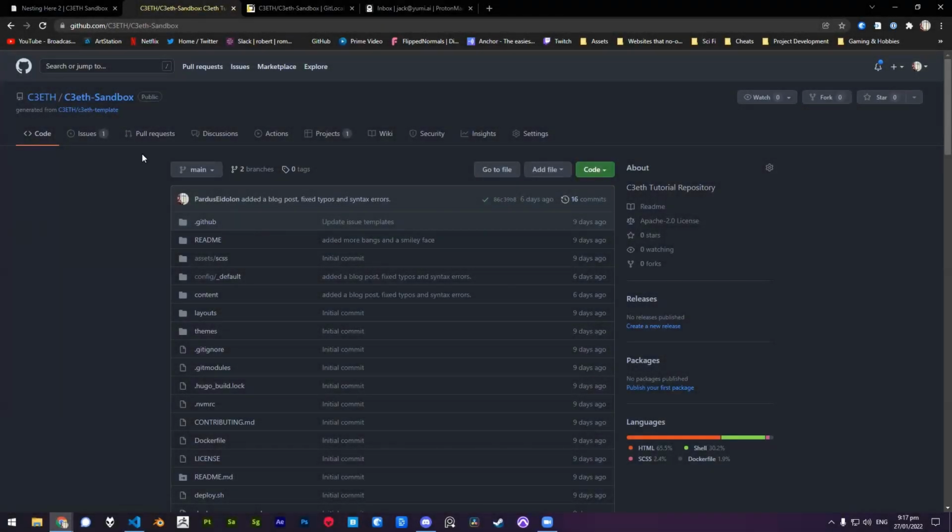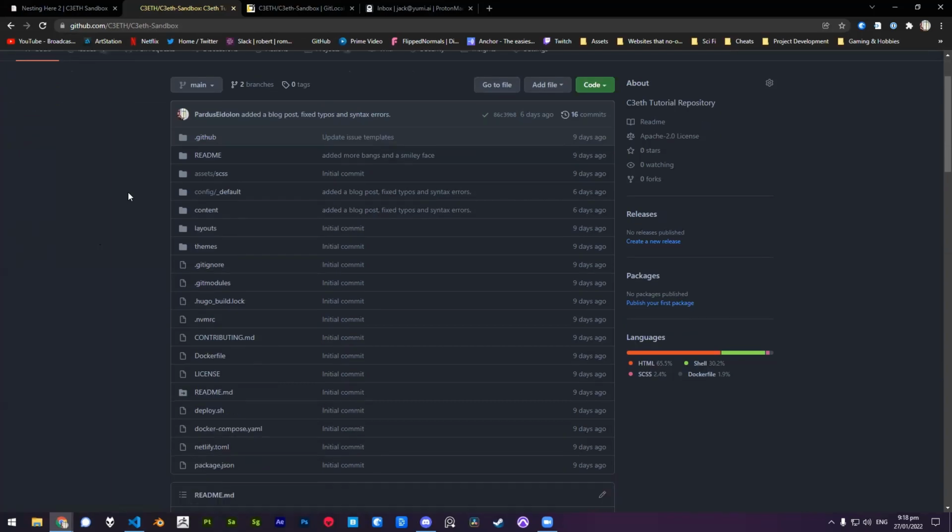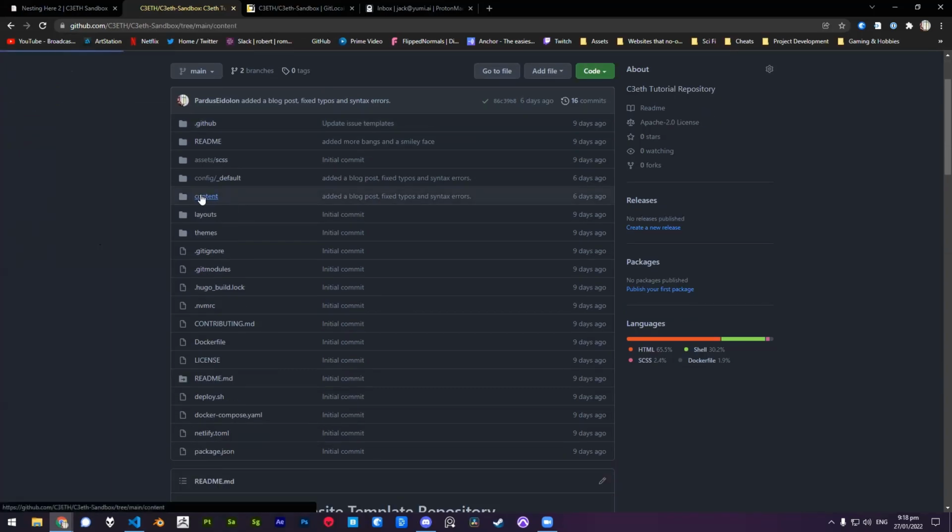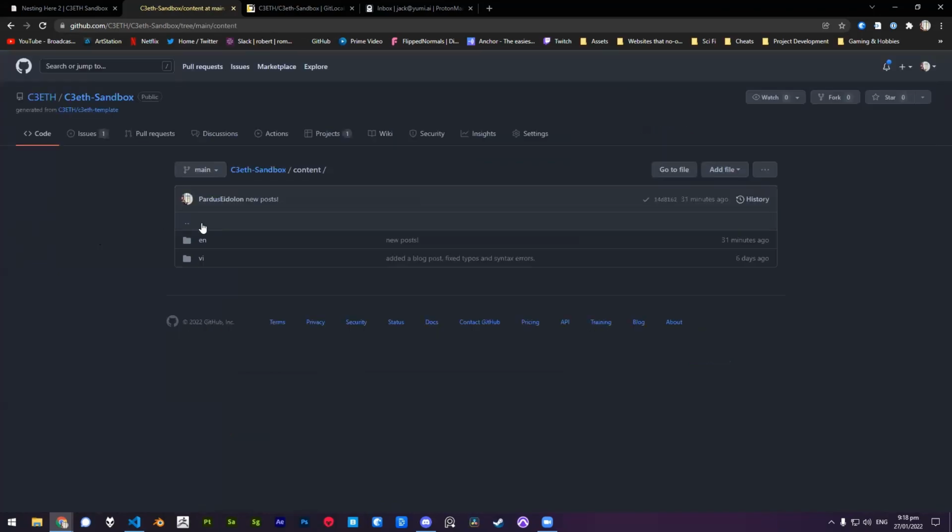I'm on GitHub, and ideally you would be doing this on GitHub. I'll go over a little advanced section maybe later, after we've done all the basic components. But really it's as simple as heading into the content folder and choosing the folder,